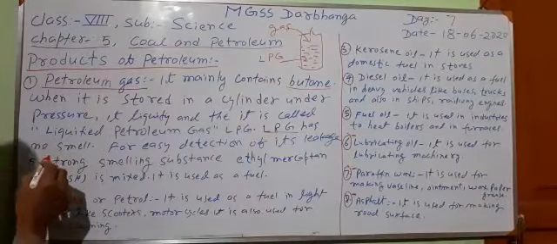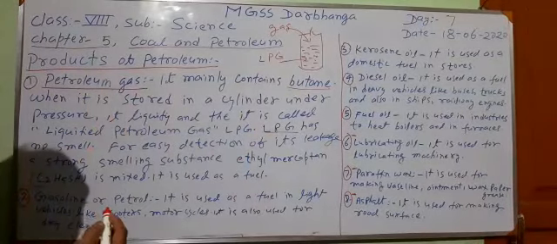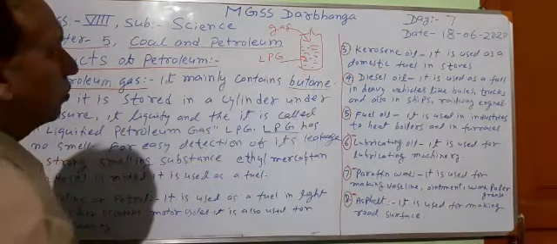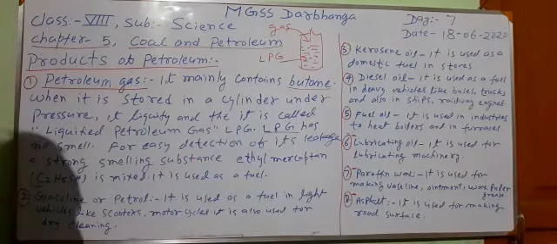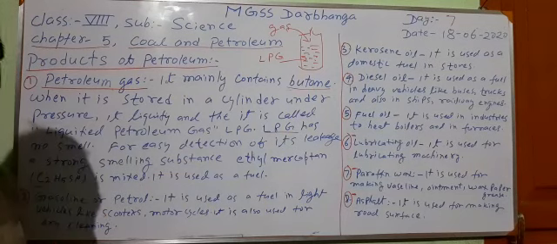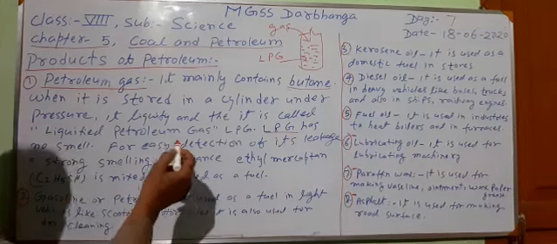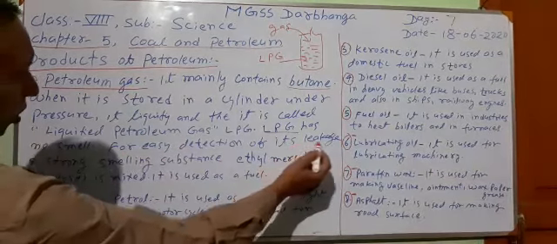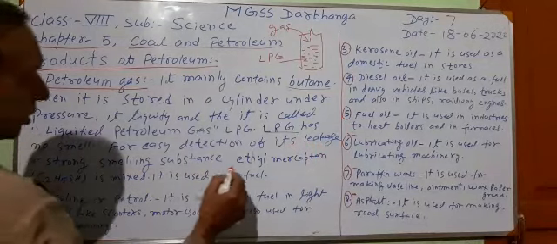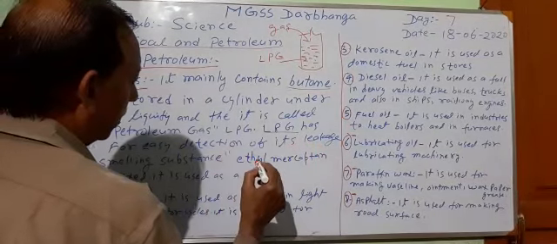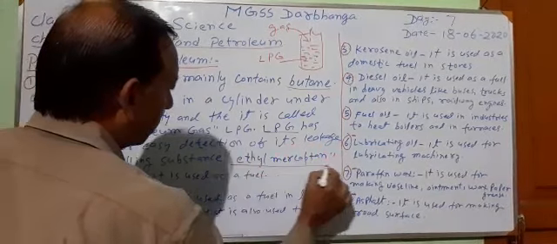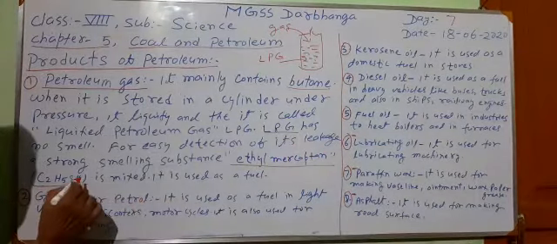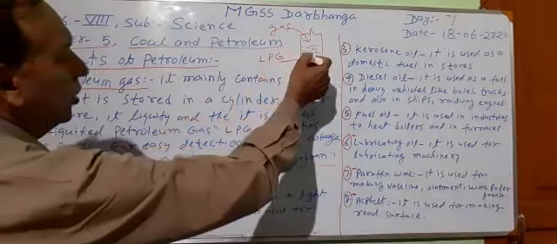Now, it is strange to know LPG has no smell. This petroleum gas has no smell. Then you will think, when LPG has no smell, then if there is any leakage in the house, why is there a smell? LPG is a smell-less gas. For easy detection of its leakage, a strong smelling substance, ethyl mercaptan, is mixed with the LPG. Its chemical formula is C2H5SH.